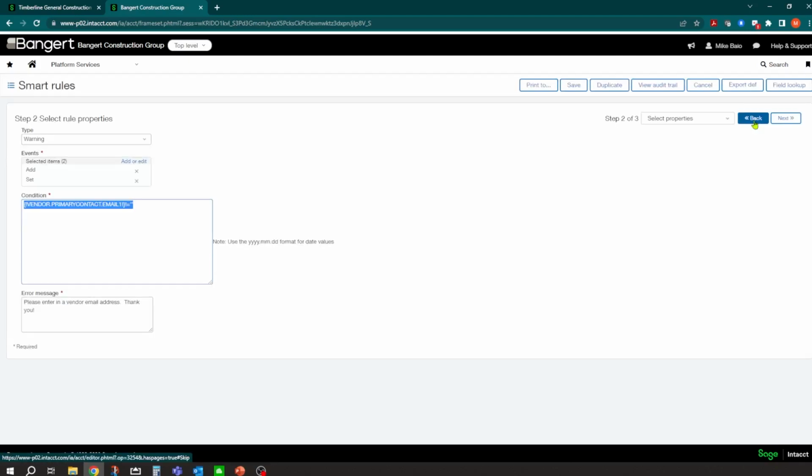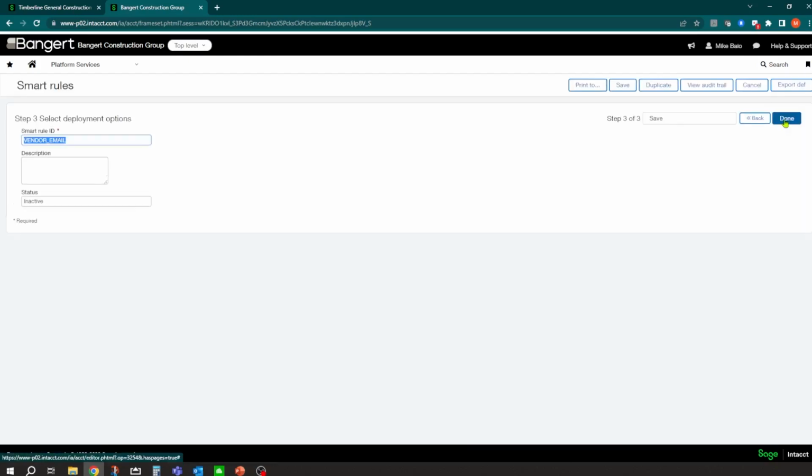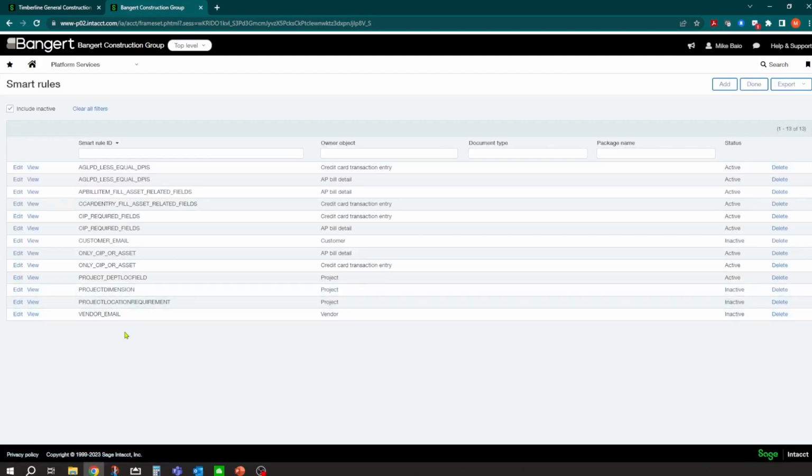Now, what I really like is you can define the error message. So when the user gets the error message, it's popping up and it's saying what you want it to say. And this one says, please enter a vendor email address. Thank you. Very simple, but it's huge because when you go to send out that subcontract document, if you don't have the email address on the vendor, you're not going to be able to do that. So we can be proactive in establishing your rules as smart rules in the system. And then it's just a wizard setting these up. And there's a cheat sheet for formulas and things like that.